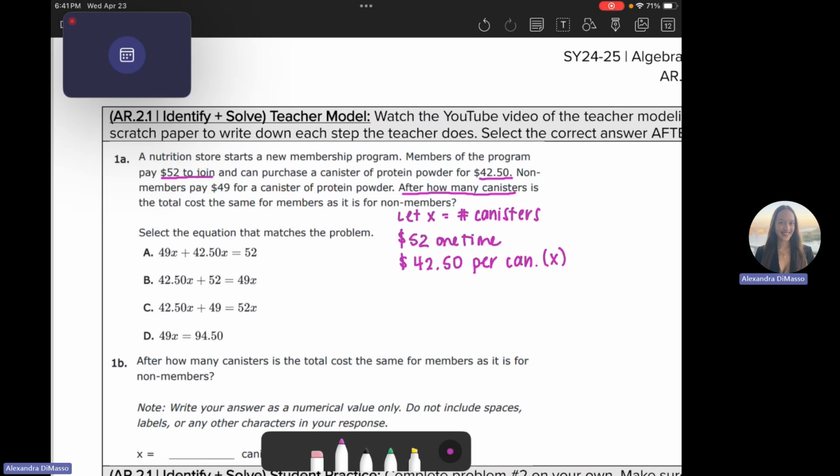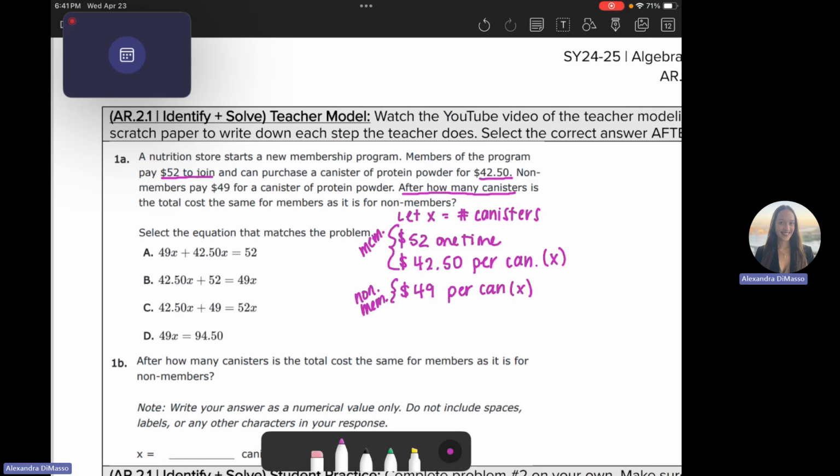Non-members are going to pay $49 for a canister of protein powder. So again, it's that per number, $49 per canister, and that is again going to be multiplication. So these first two are for my members, and this one down here is for my non-members. So the question is,